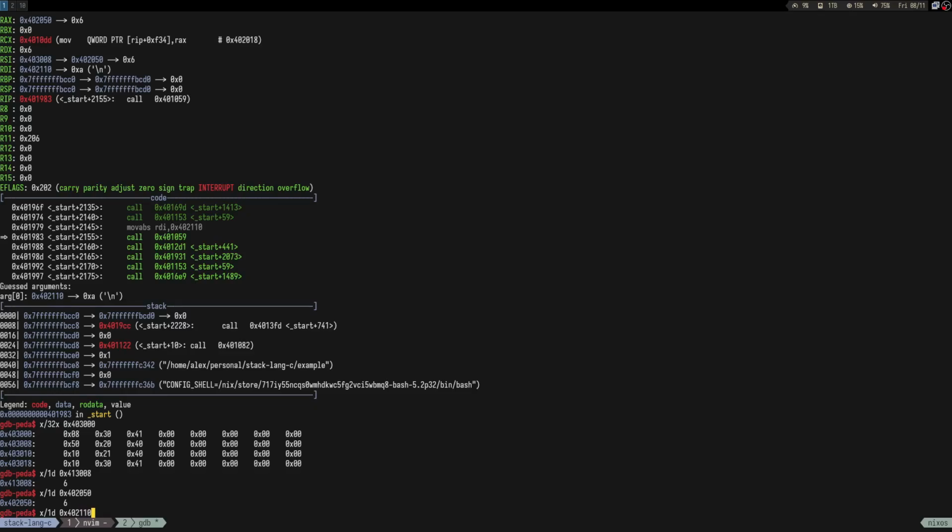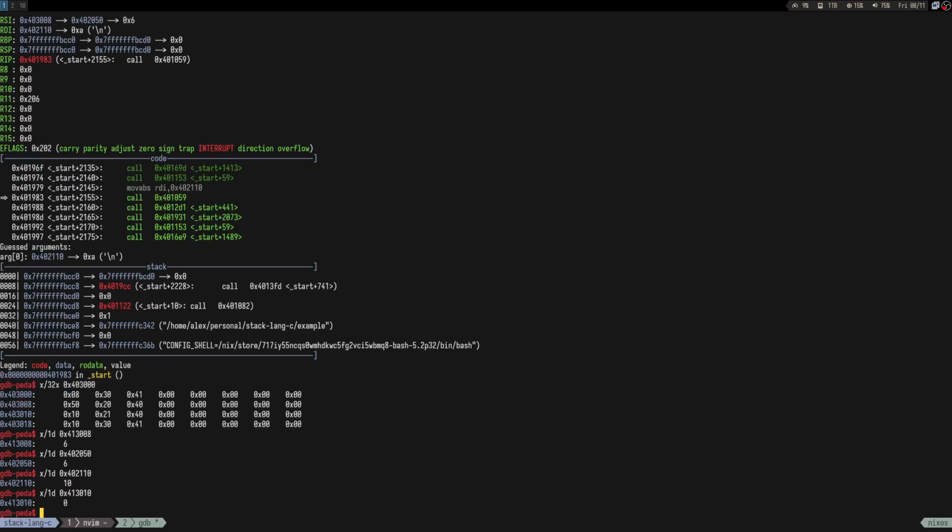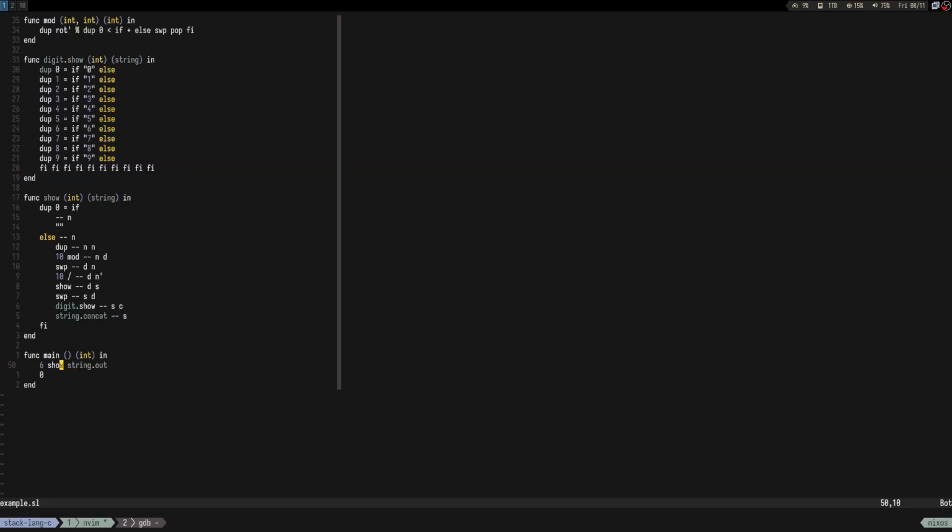0x402110. It's a 10 allocated on the stack. Right. And then 0x413010. What is that? It's a 0 for some reason. So we have basically 6, 6 and the 10 on the stack, and then a 0. I don't know why that 0 is there, but